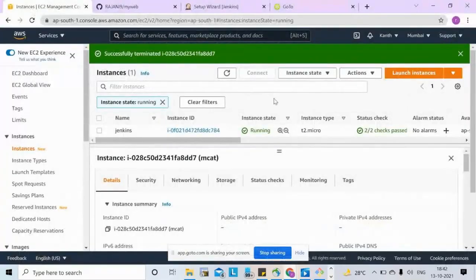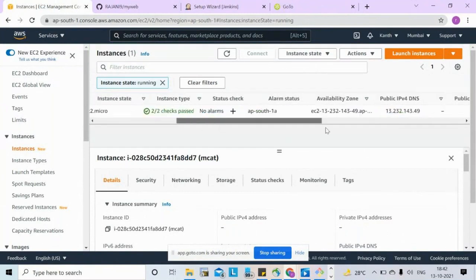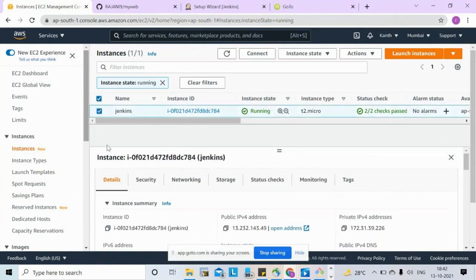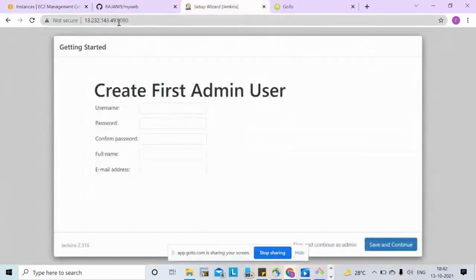Okay, so I have installed Jenkins just now. I copied this IP address and I have given this IP address with 8080. I installed the suggested plugins. Meanwhile, you are joining. Okay, so I'll create a